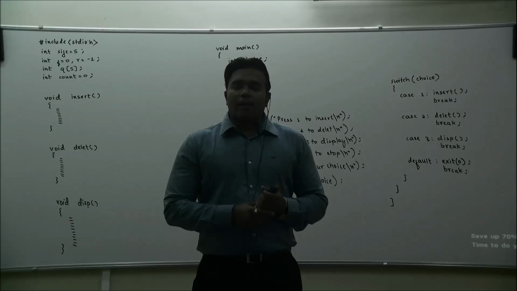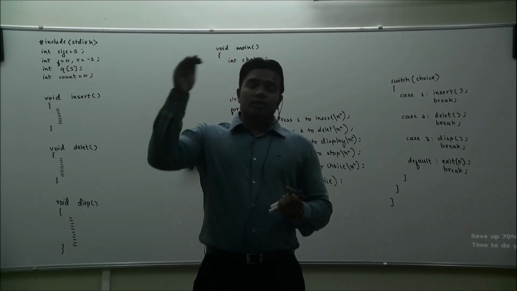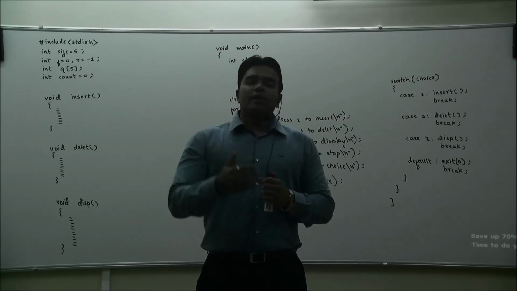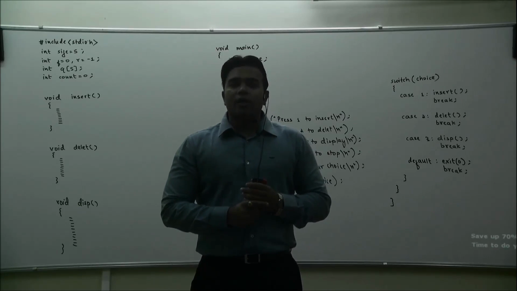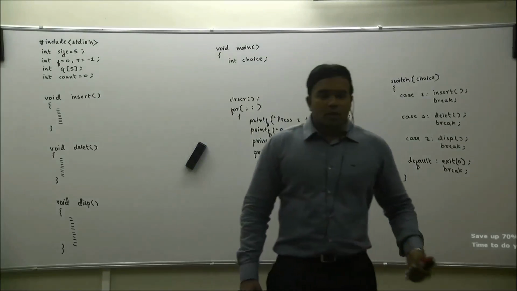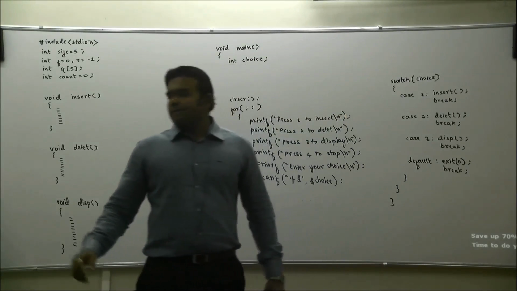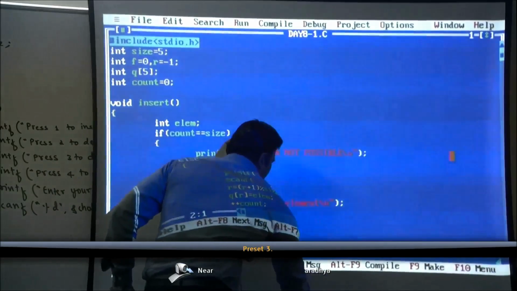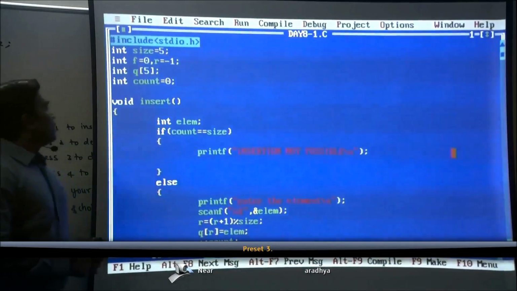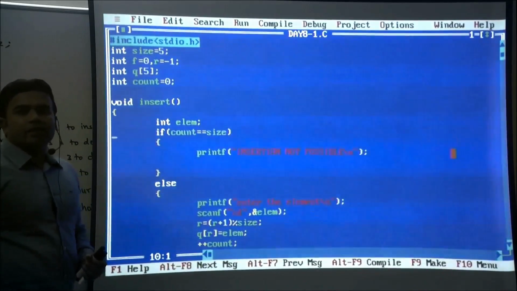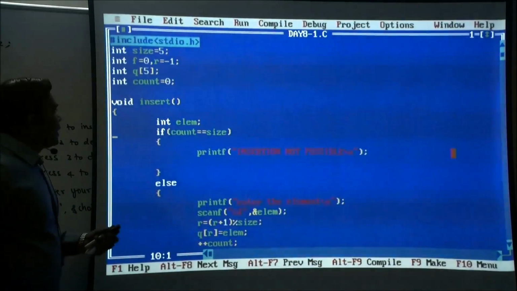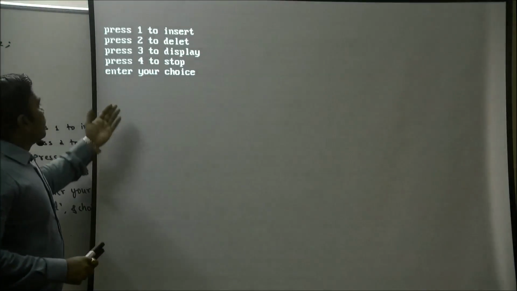Really, is this program going to reuse the memory locations? Really, is this program going to overcome the limitations associated with an ordinary queue? If anybody has an issue regarding that, you can just notice the output. The same program has been typed, no change. Now when I compile it, notice, no issues. When I execute,